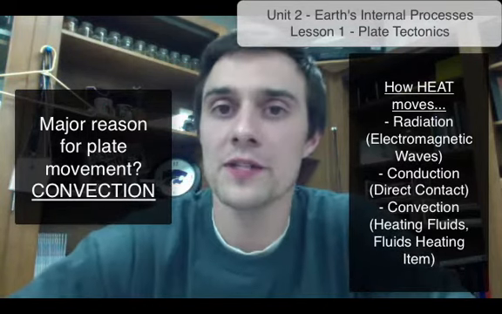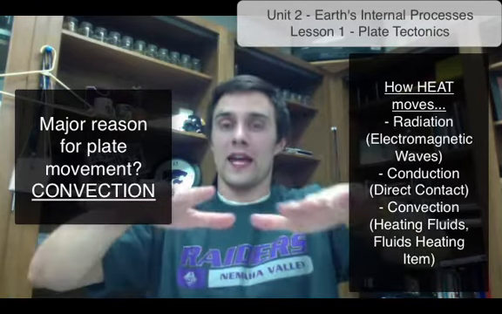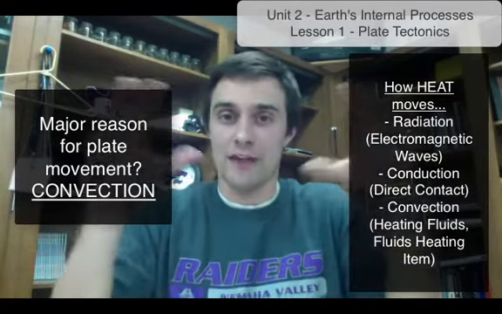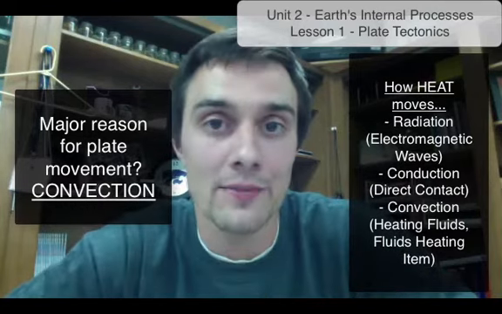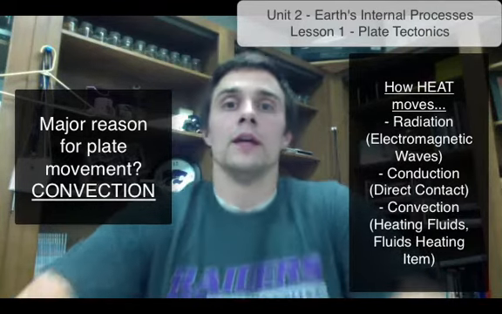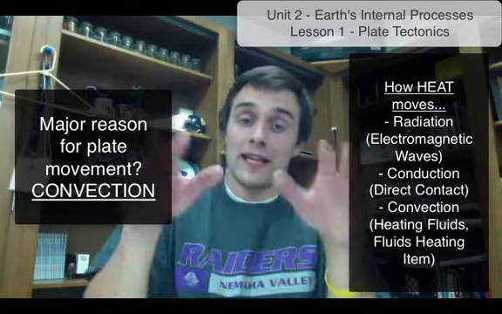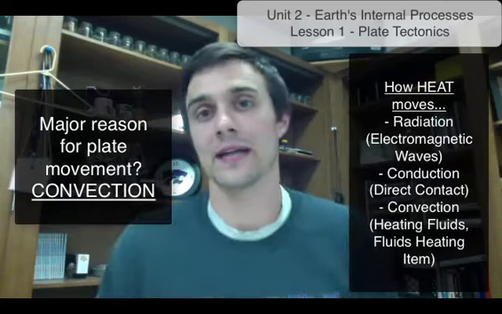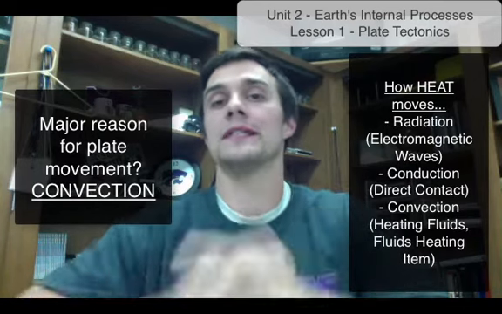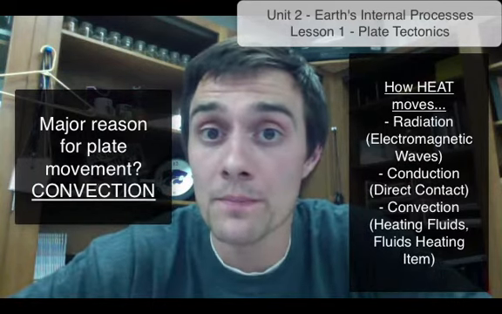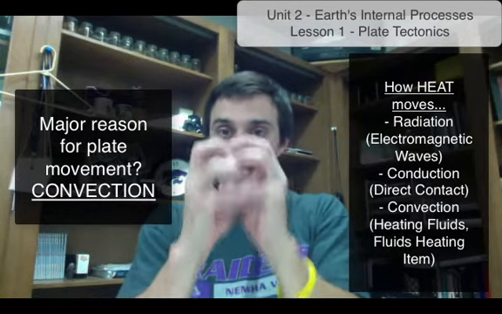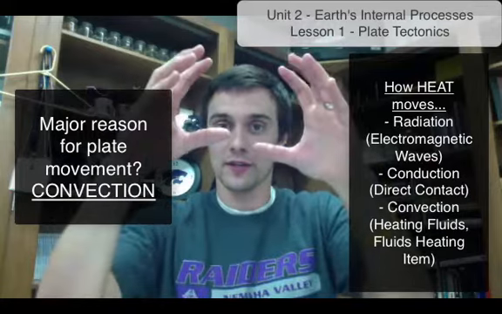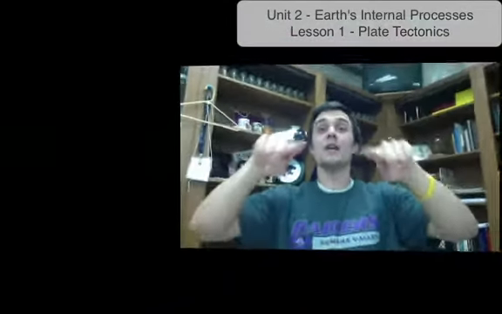Convection would be like a convection oven, where you have a heat source heating up a fluid inside of an area, and then that fluid heats the item or the object. So the heat source is heating up the air inside of the oven, and then the air is actually cooking and heating the item inside of the oven. Convection is how our plates move as well. The core of our Earth is our heating element. The fluid is the mantle between the core and the crust. So the mantle is the fluid. It gets heated up,